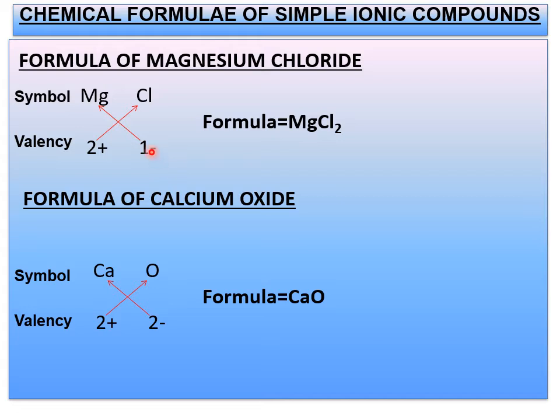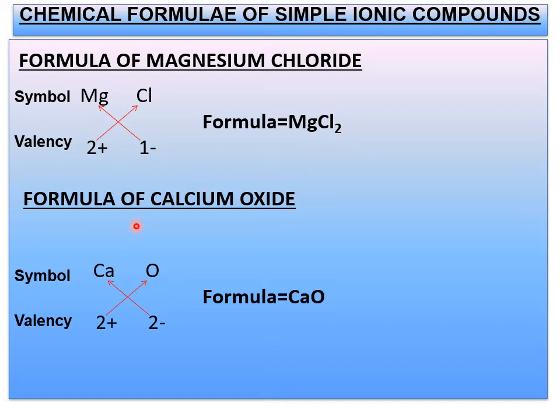Okay. Now you have to crisscross. So for magnesium you get 1, for chlorine you get 2. And I told you we have to omit the signs plus and minus also. So when you're writing the formula for magnesium, you get 1. For Cl, you get 2. We have to crisscross the valences, already I've told. Then you have to write the formula like this, MgCl2, Mg1Cl2. I hope 1 no need to mention. We have to omit it. Now I hope you have understood MgCl2 formula, which is the formula of magnesium chloride.